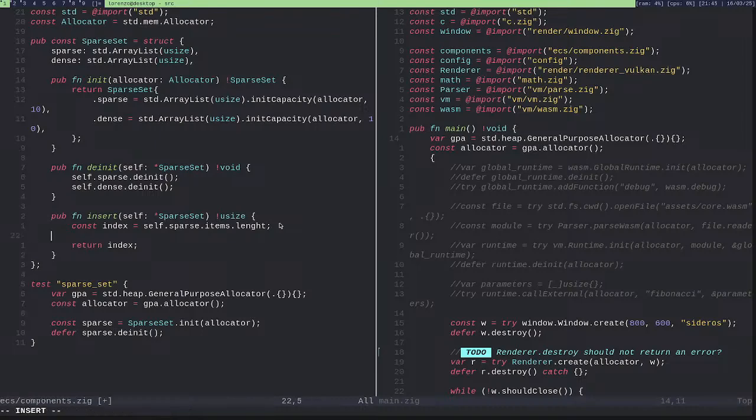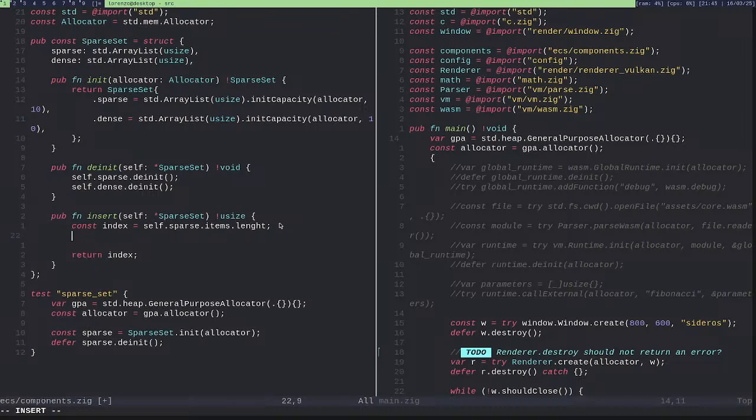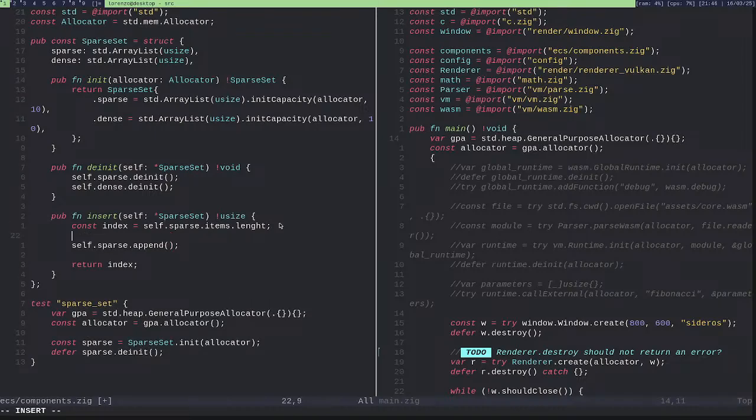I will return the index, and I will just do self.index, so self.sparse.append, and here I need to append an index which will be the index inside the dense array, and in this case it will be self.dense.append.